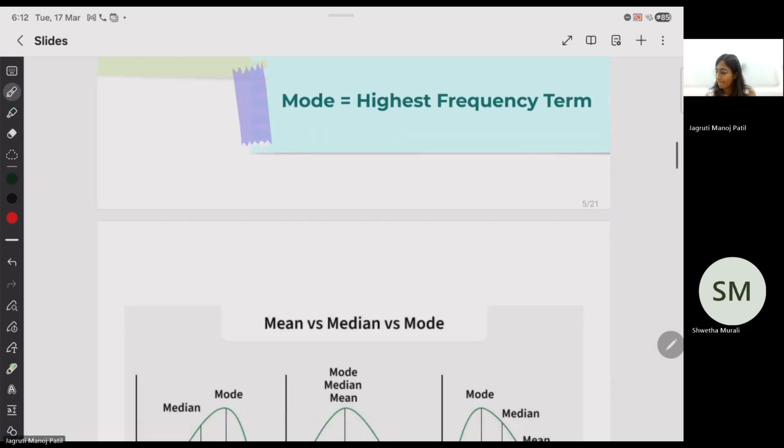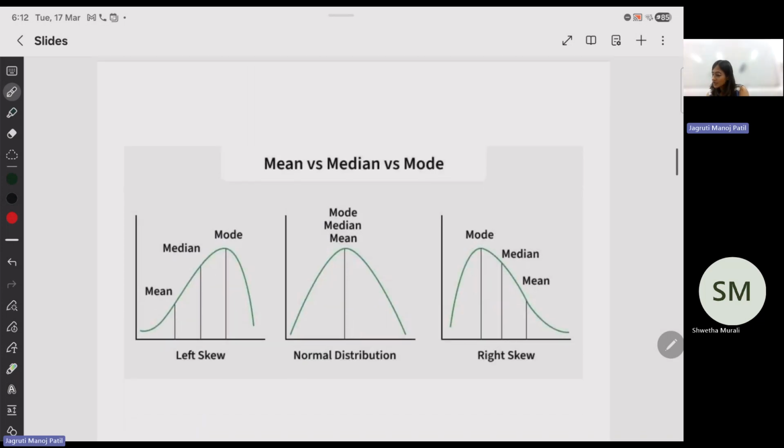Okay. When we're done with that, this is how you see it. If you have a normal distribution, something which is symmetrical around your y-axis, at that point your mean, median, and mode all coincide with each other. So they all overlap at a point because it's symmetric. Here also it's similar, and here also it's similar. So in this case, your mean, median, and mode are the same.